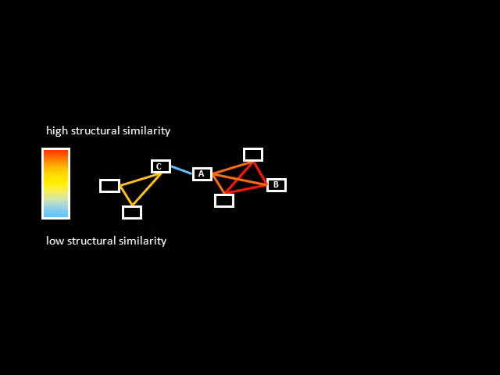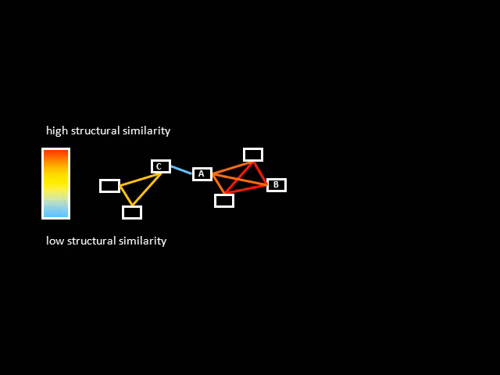In essence, a high structural similarity value means that the two nodes are connected through many common neighbors, which indicates that they belong to the same cluster. Nodes A and B provide an example of nodes with high structural similarity value. On the other hand, when two nodes have a low structural similarity, this effectively means that they lie across an intercluster boundary. For instance, nodes C and A have a low structural similarity.